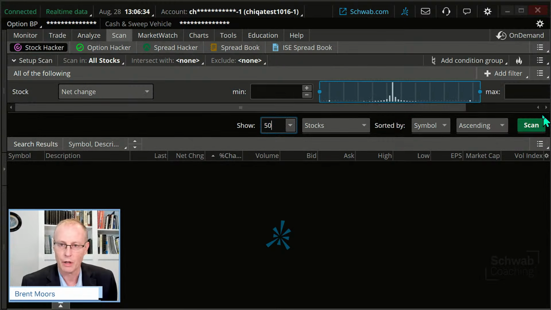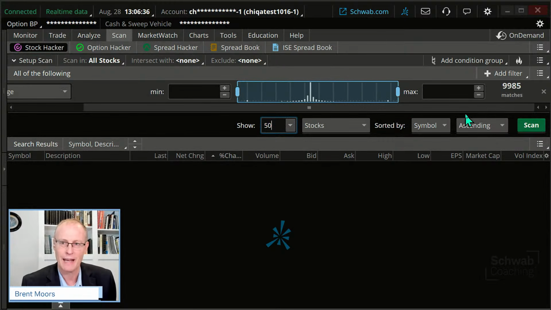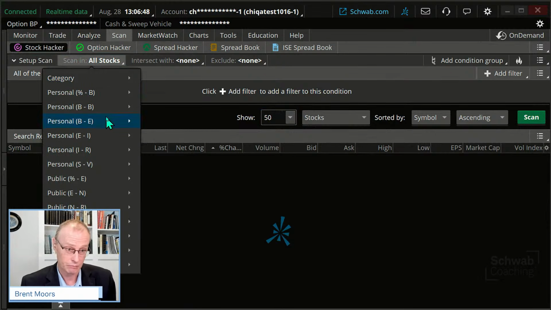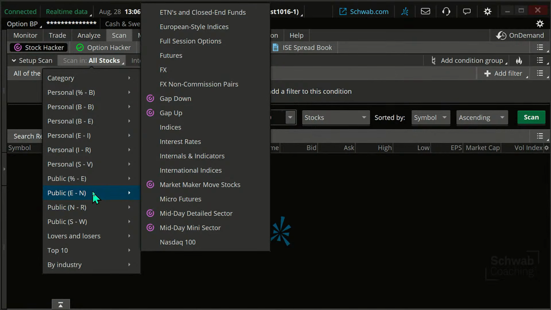I got to scroll over a little bit because I have my screen a little bit bigger just so that you guys can see it. But the way a standard screener works is you can go up here and decide the list of stocks that you want to look at. Let's say I want to look at NASDAQ 100.